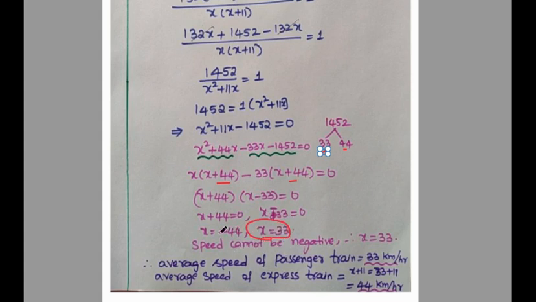Speed cannot be negative, so x is minus 44 cannot be considered. So x is 33. So the speed of the passenger train is 33 kilometers per hour and the speed of the express train is 44